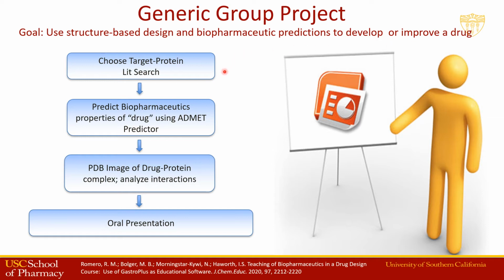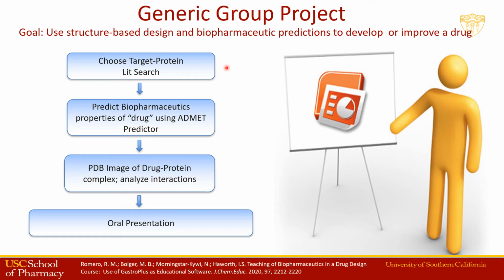So we usually start off with some kind of protein target. Usually it's a protein class, for example, GPCR or tyrosine kinase or a particular receptor. And we ask the students to look up structural information on the protein and the drug or inhibitor that binds to that particular target protein. And we also ask them to look up various biopharmaceutical data on the small molecule that binds to the protein